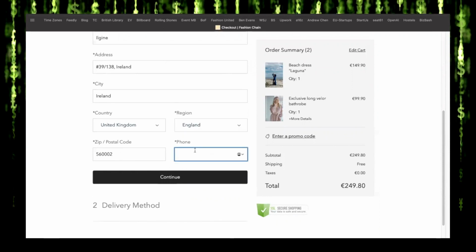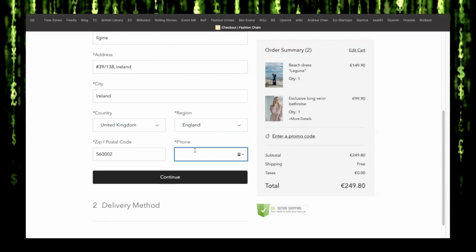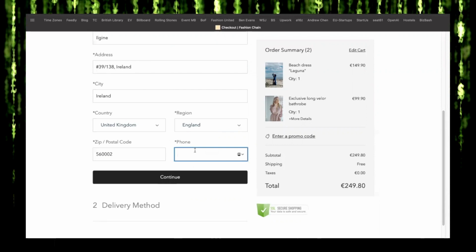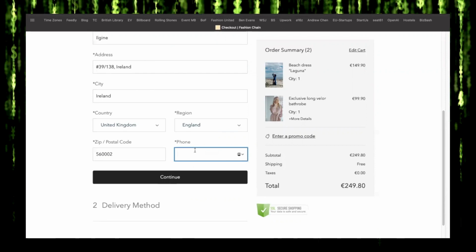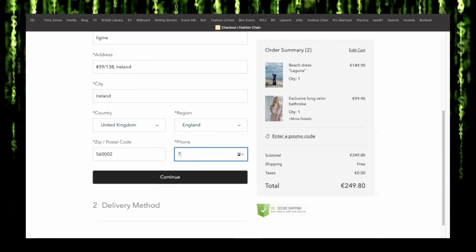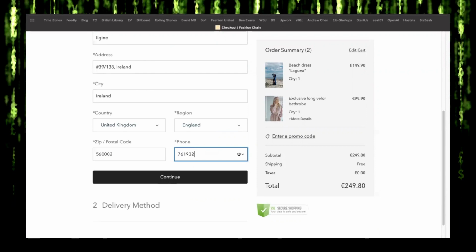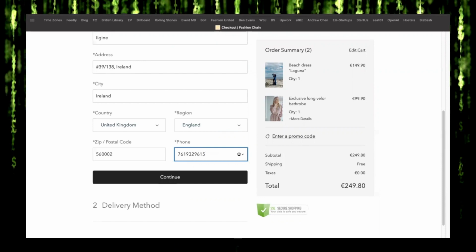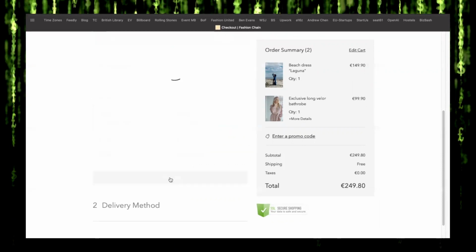So I'm going to type in my name, the first name, last name, the address, and my contact number, and then I click on continue.